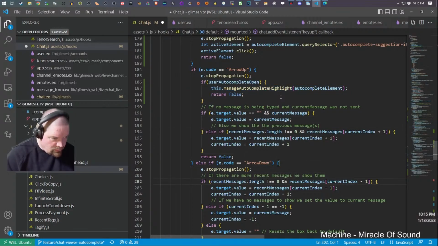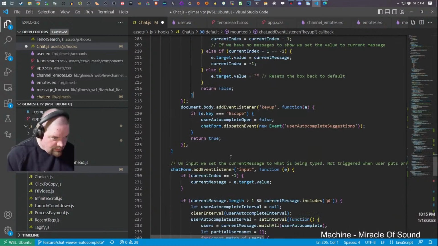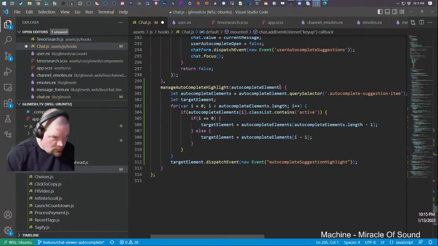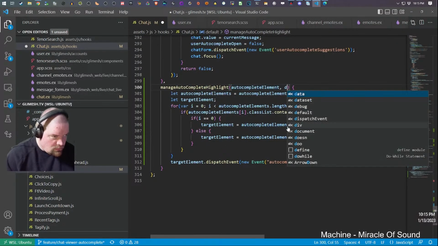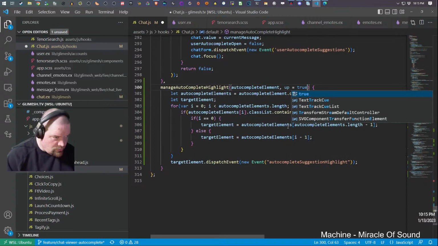Same thing for arrow down, but actually it's gotta be opposite, right? So this has got to take a direction too. Direction. Say up equals true.